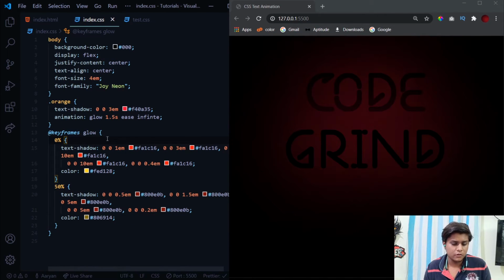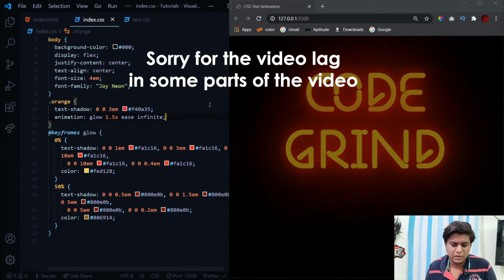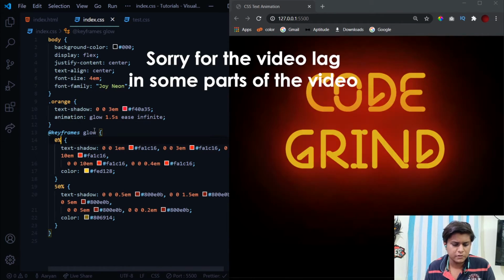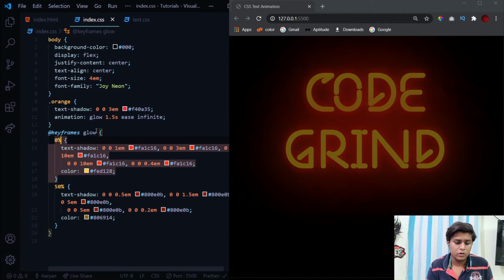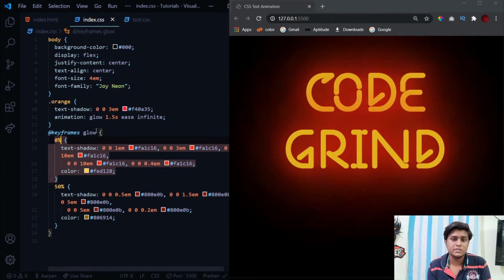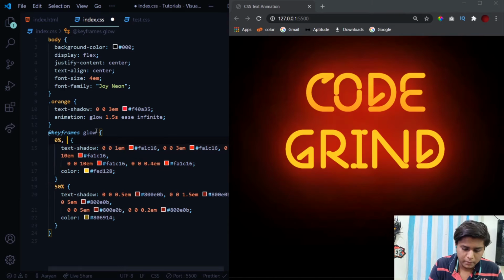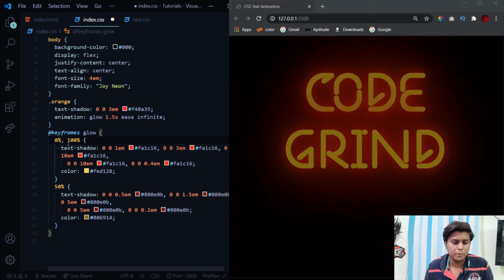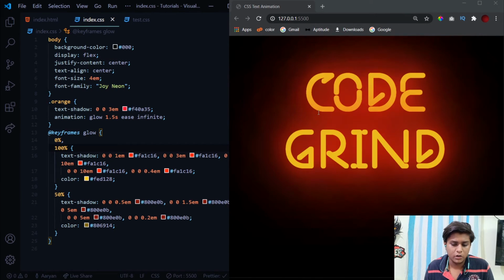Okay, so it's still not working, and okay, that's the problem over here. I have written the wrong spelling of infinite. So now you see it has got this animation, but it's a bit slow, and that's because we also need to provide it with a final set of properties. So we have provided it with 0%, 50%, but we also need to give it 100%. So we'll simply add a comma to this because we want this same set of properties for 100% as well. Hit save. And now here we have got this neon animation for the orange color.